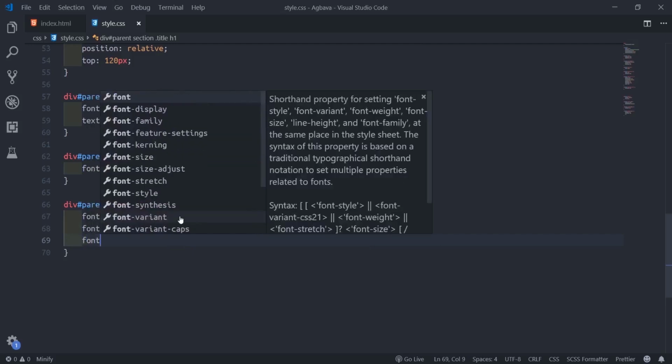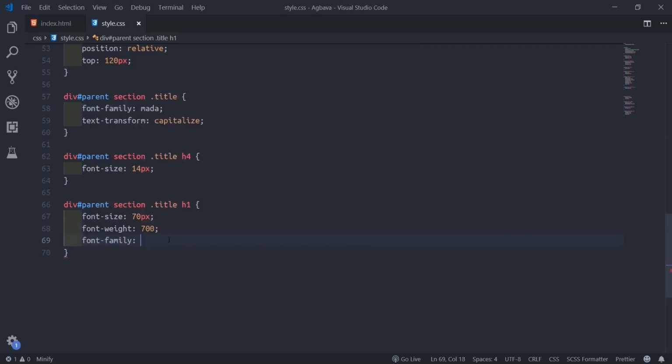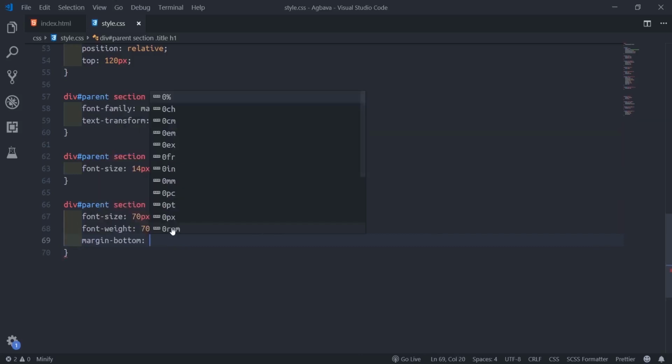We'll set the font family, then margin bottom, because I want to push the corner over, margin bottom like 30 pixel.